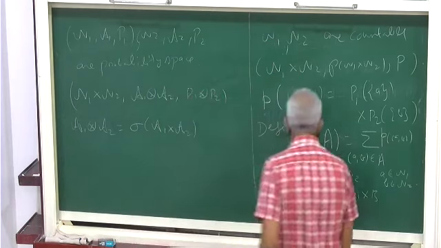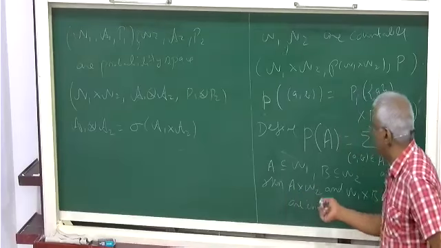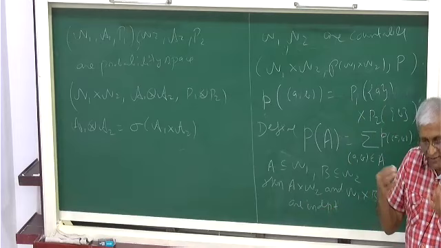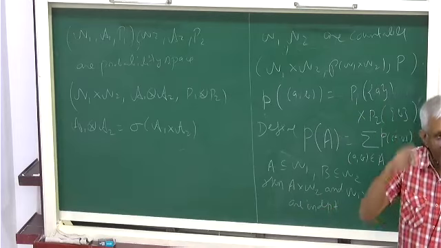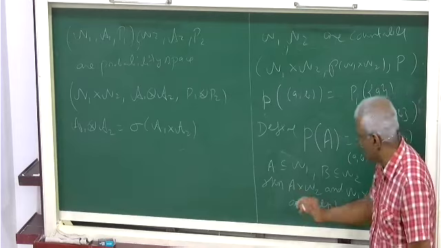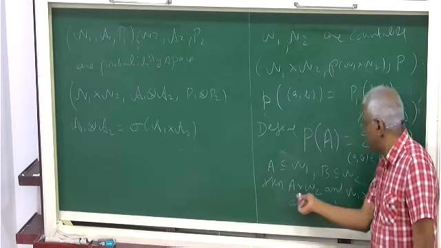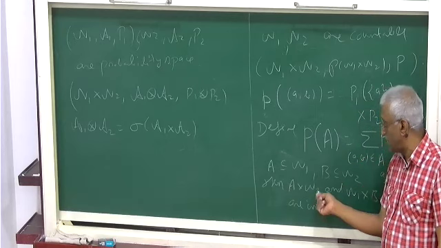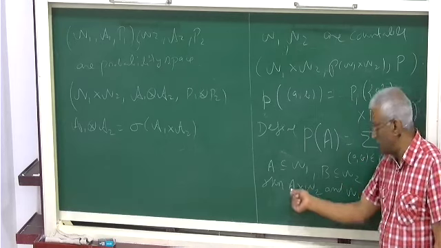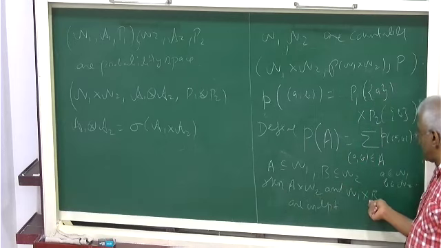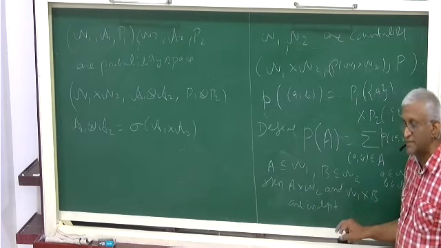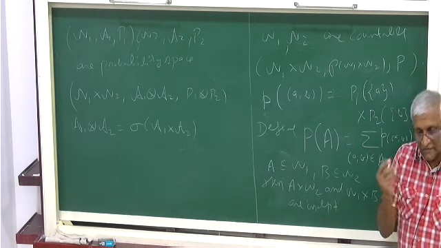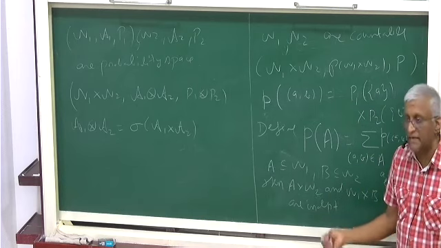Then the probability of A tensor, I say tensor, but it's a product. Probability of this is exactly the probability of A times the probability of omega 2, which is 1, so it is the probability of A. Similarly, this is the probability of B. On the other hand, the probability of the intersection A cross B will be the probability of A times the probability of B, so they are independent.